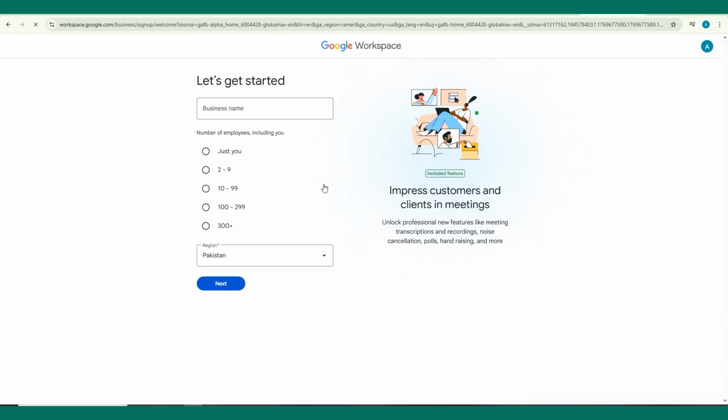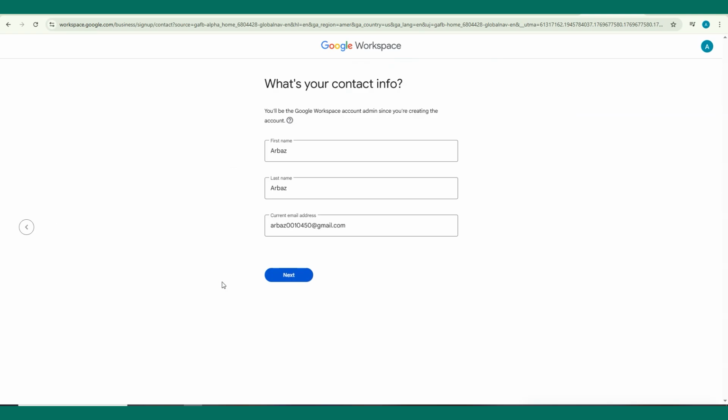You'll then be asked to provide some basic business information, including your business name, the number of employees, and your country. Enter these details and click Next. After that, type in your name and your existing email address so Google can reach you if needed, then click